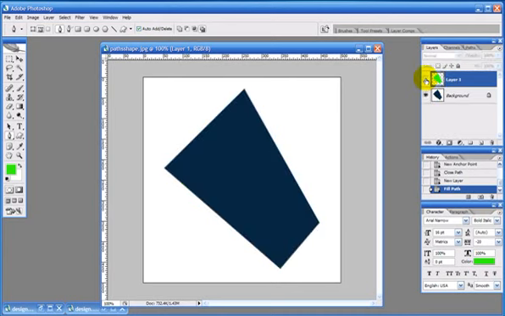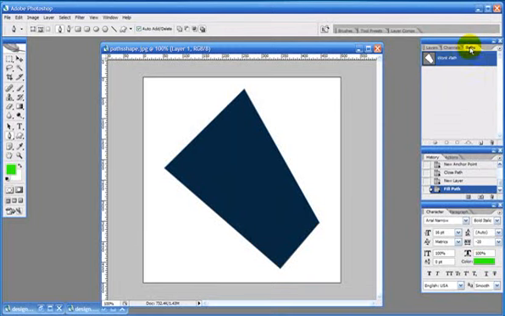So I'll just hide that for now, because that's not what we're actually wanting to do. I'm just demonstrating what can be done with paths. What we actually want to do is remove that shape from the white background. Now to do that, we need to come to the third icon across here, which is load path as selection. What that's doing is loading the selection, which we've done in the past using the layer shape. Now we're actually using the path shape that we've just created to load the selection. So if I just click on there, you can see as before we now have our little dashed line appear around the shape. Now this means we can copy and paste this area,